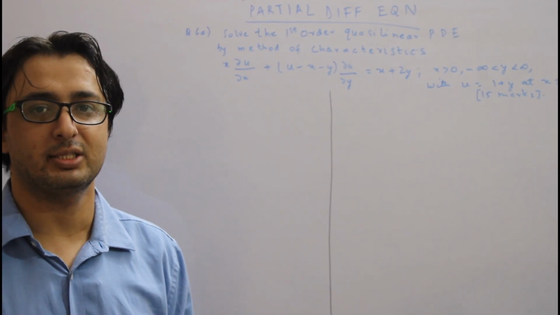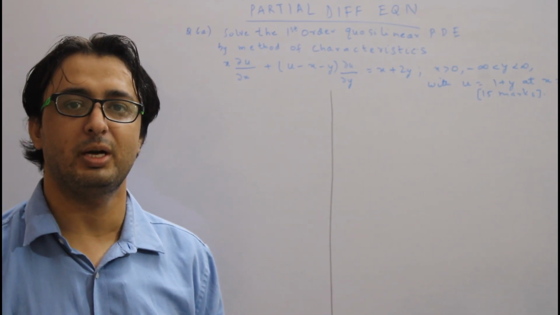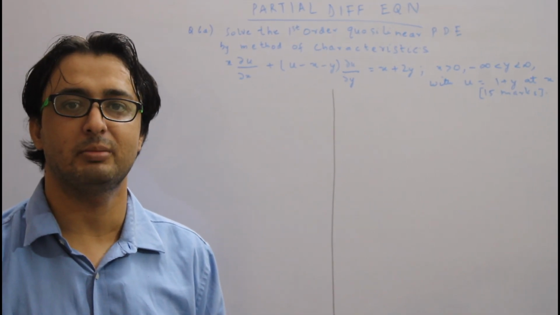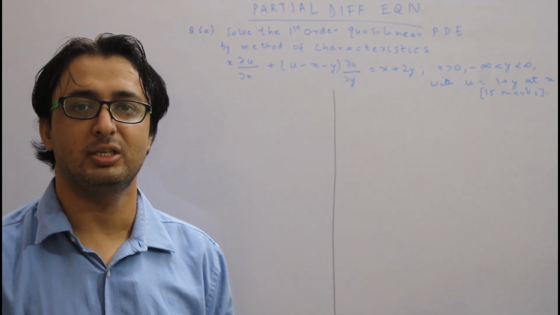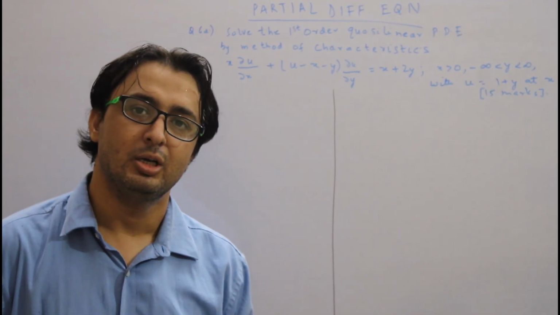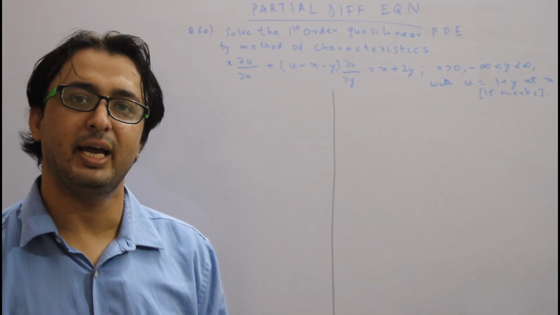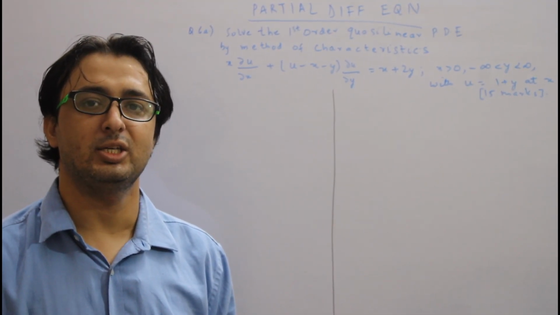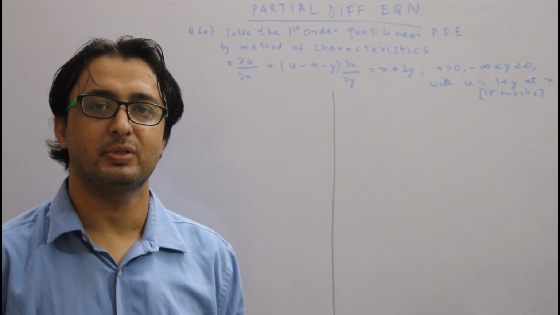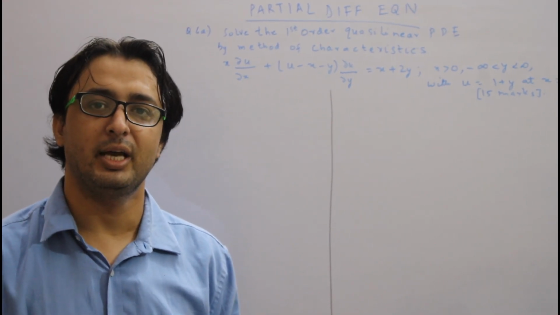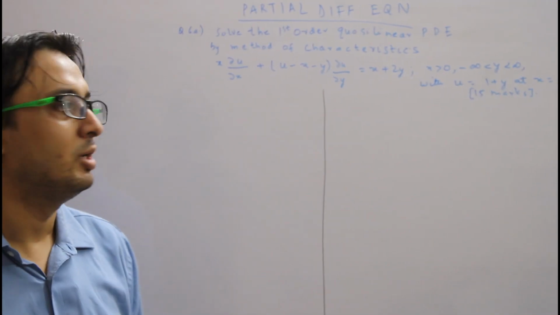The first question that was asked was about formulation of a partial differential equation by eliminating the arbitrary constants, and then we have to find the solution of a first order partial differential equation using the method of characteristics, and we have to use a second order differential equation. We have to reduce it to canonical form and then solve this. So there are only 3 questions, and now I am going to take a very important question which was asked